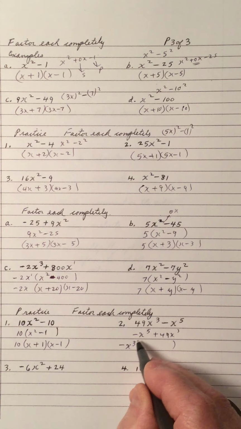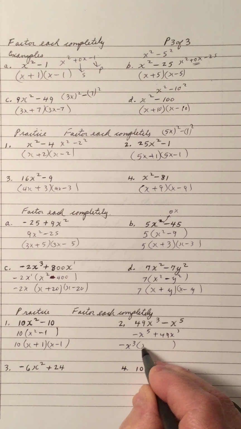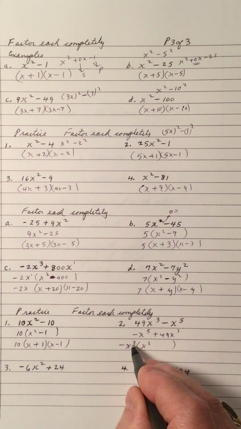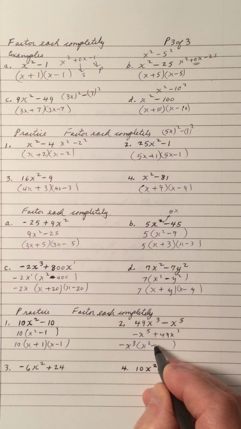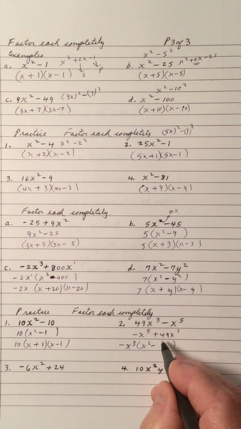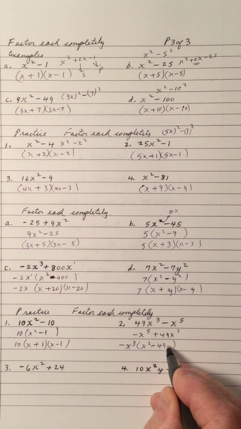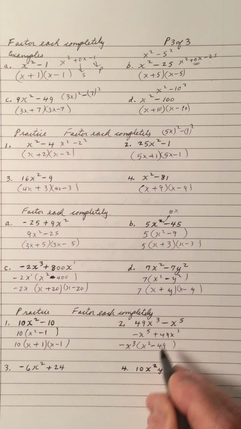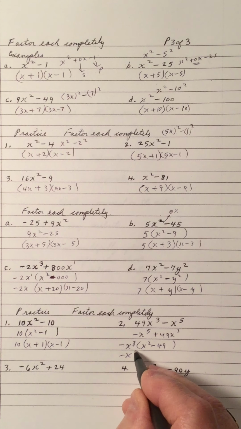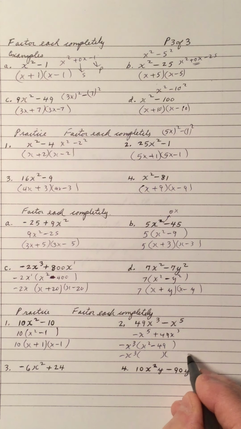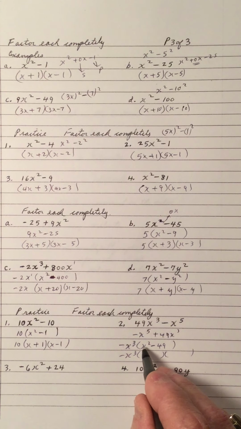So negative x to the 5 divided by negative x cubed is x squared. 3 plus 2 is 5. We subtract, or we can add these, same thing. Positive divided by negative is a negative, and 49, right? And the x cubes cancel. I do not need any more x's here because I already have 3 of them to go with that. So if I divide, the x cubes cancel. So my GCF is there, negative x cubed, and I'm going to factor this possible factor because I got an